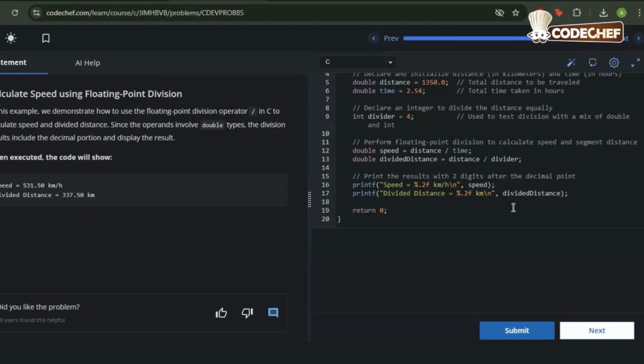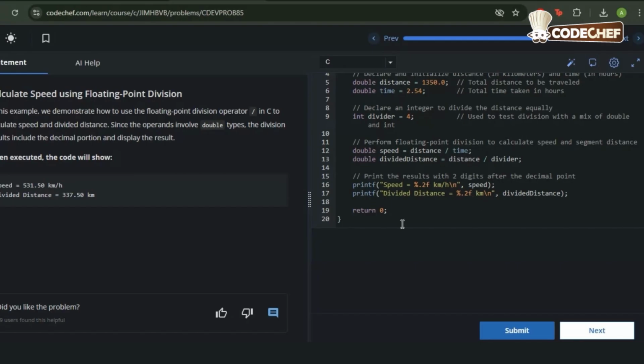Divided distance contains 337.5 displayed as 337.50 with 2 decimal places. So if we run the code, our output for divided distance is equal to 337.50 kilometers. Now let's try running the code.